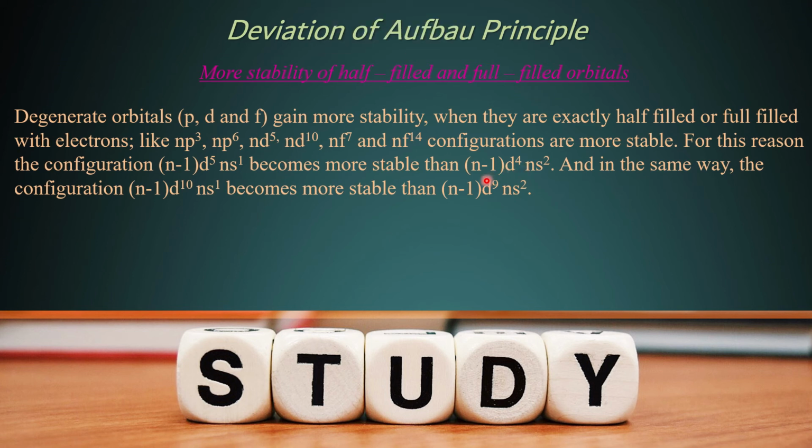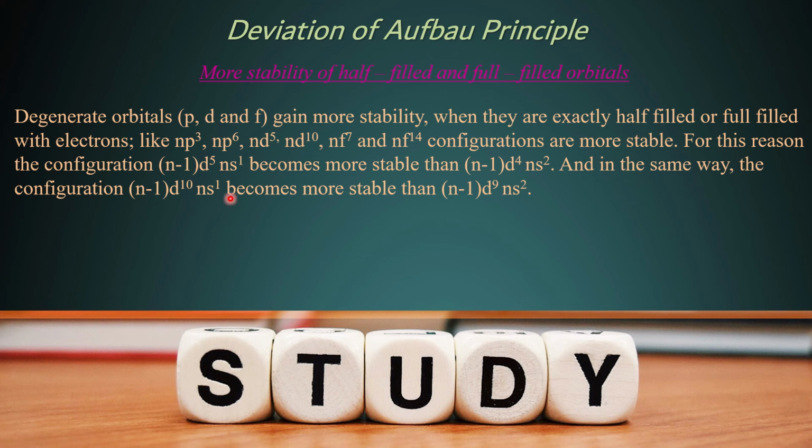This is comparatively less stable than 3d5 4s1. Look, 4s1 has lower energy than 3d. So what should happen? The electron will first fill the 4s orbital with 2 electrons, then it will go to the 3d orbital. But here, if one electron from the 4s orbital goes to 3d to make 3d half-filled, then the electronic configuration will get more stability. And in the same way, the configuration